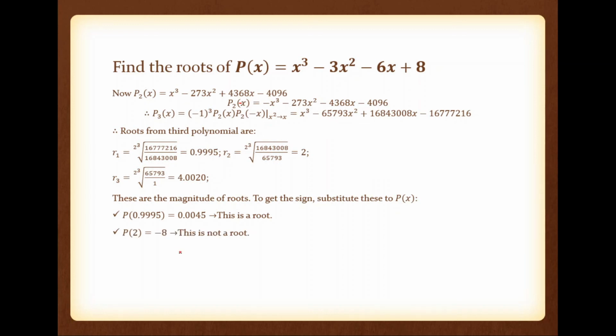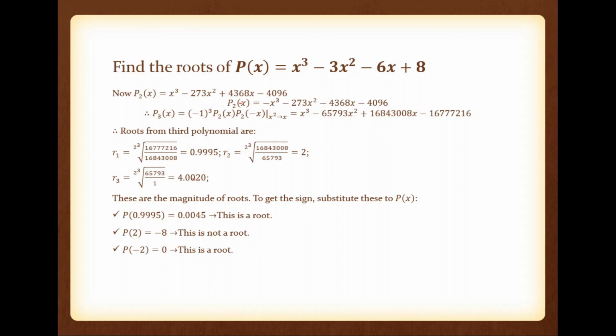Now next one is P of 2. So you can see that P of 2 is not equal to 0. If it is not equal to 0, don't stop there. You have to check whether P of minus 2 is equal to 0 or small. So take P of minus 2. So P of minus 2 equal to 0. It is not small, it is 0 itself. So this is the real root, minus 2.